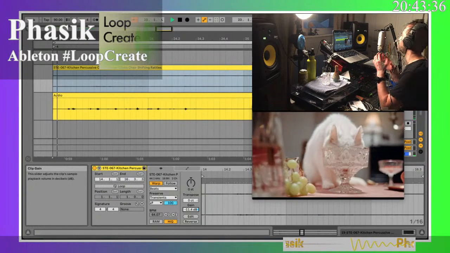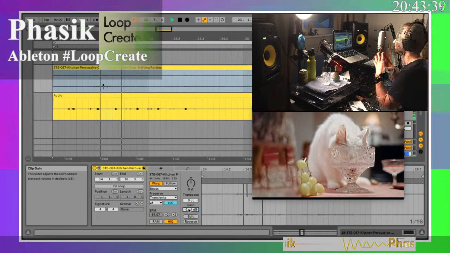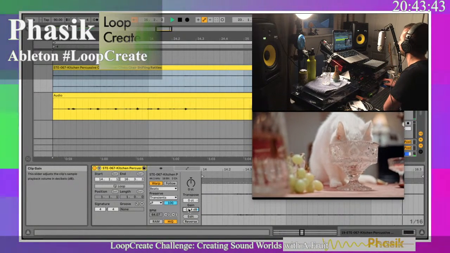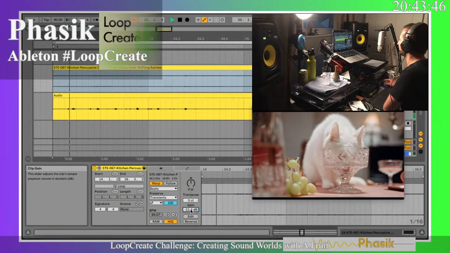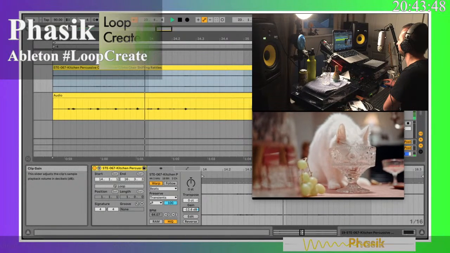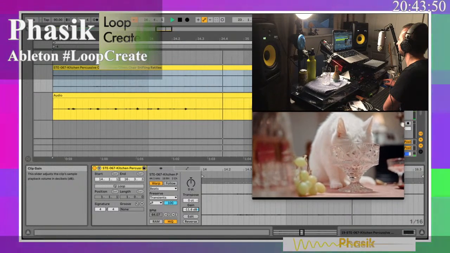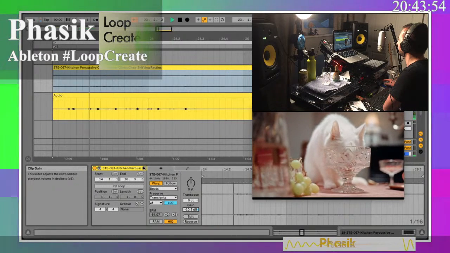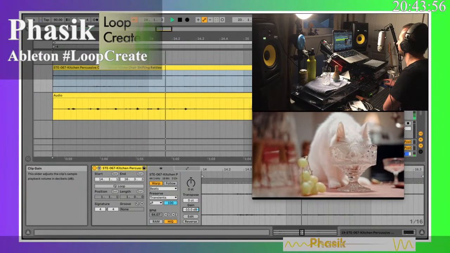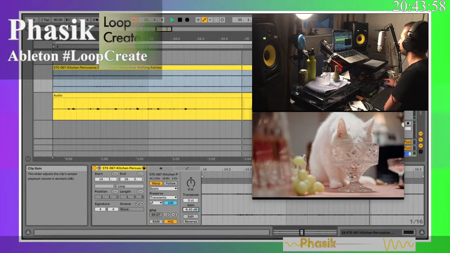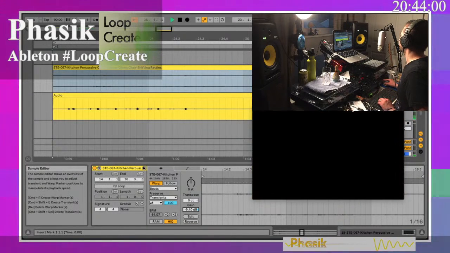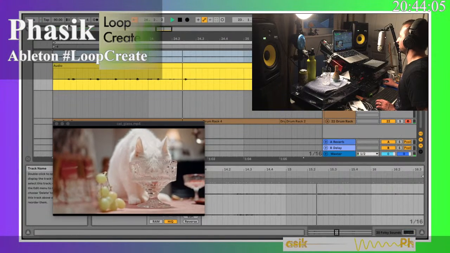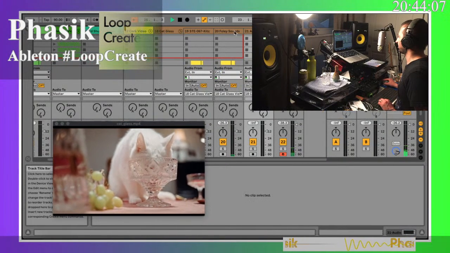It's so quiet. If I turn it too loud, those mouth sounds sound not like a cat at all. So I think I'm going to leave it a little low in the mix actually. And we can try turning it up a little bit more. Let's do it as a group so that way